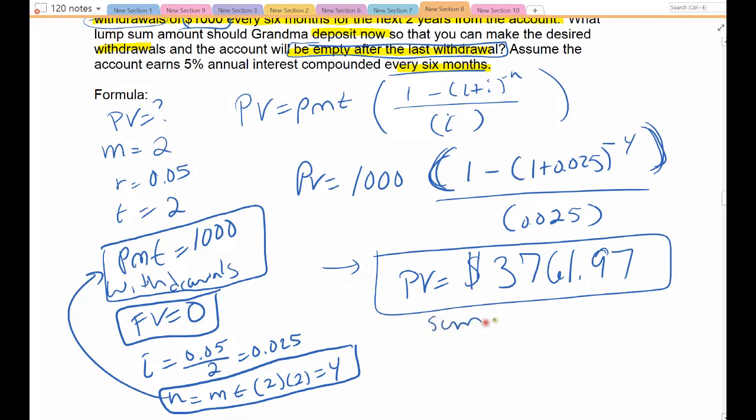That's the sum invested. You get 4,000, right? Because you get to pull out 4,000 altogether. You're doing it a little bit at a time, but altogether you get to pull out $4,000. All right, so there's the formula example. That's how we plug it in if you're using the formula. Now I'm going to go to the TVM Solver case,